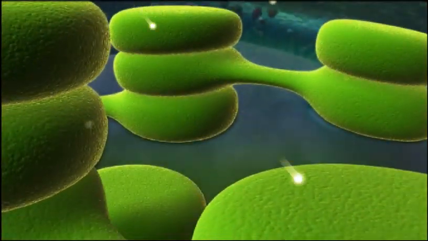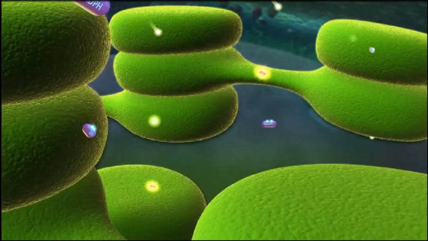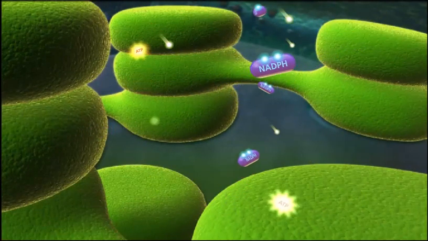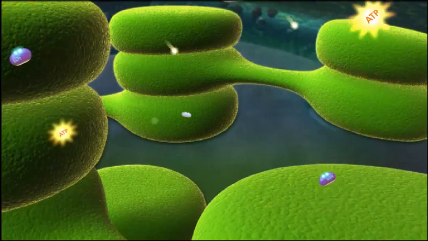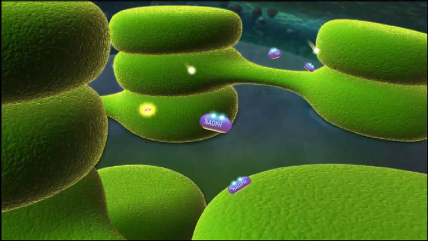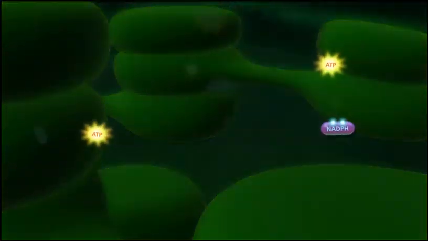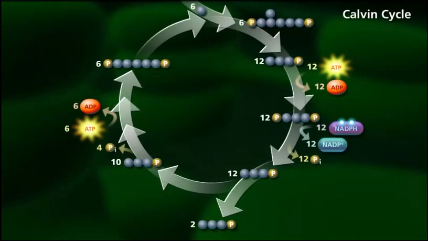When the chloroplast is receiving a steady supply of photons, NADPH and ATP molecules are rapidly being provided to the metabolic pathways in the stroma. Therefore, the ATP and NADPH formed during the light-dependent reactions are used in the stroma to fuel the Calvin cycle